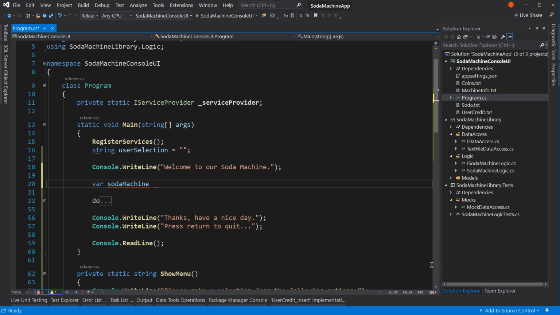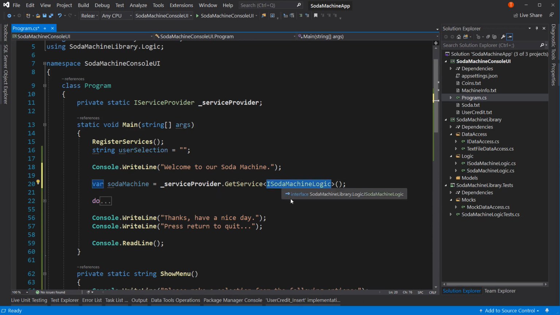We would say equals _serviceProvider.GetService. We're going to ask for an ISodaMachineLogic. That's it. And now we've asked dependency injection for an ISodaMachineLogic, which what it will do is